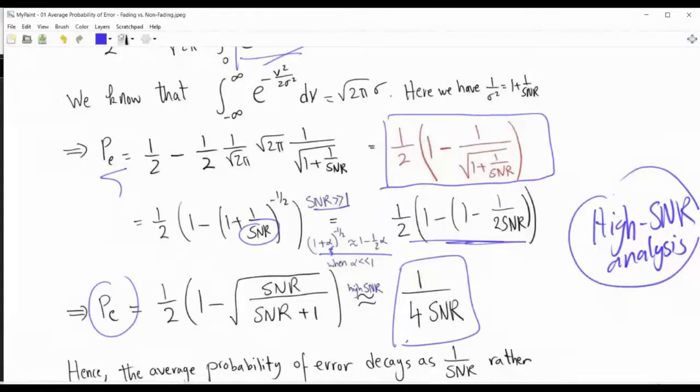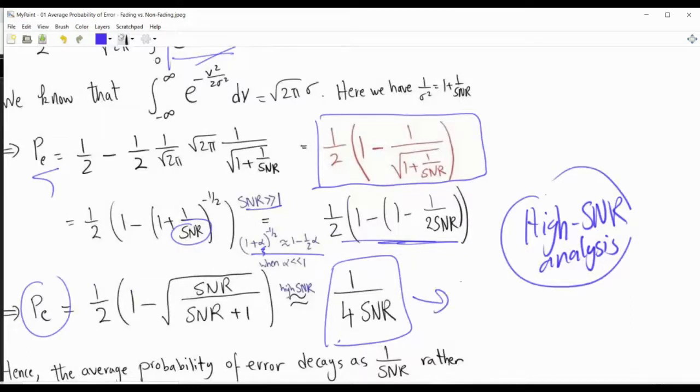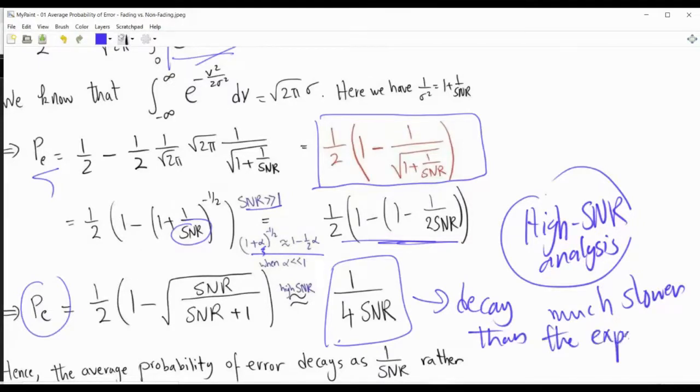But there is something bad going on here, because the decay of the probability of error with the average signal-to-noise ratio is 1 over the signal-to-noise ratio. This is much slower than the exponential decay